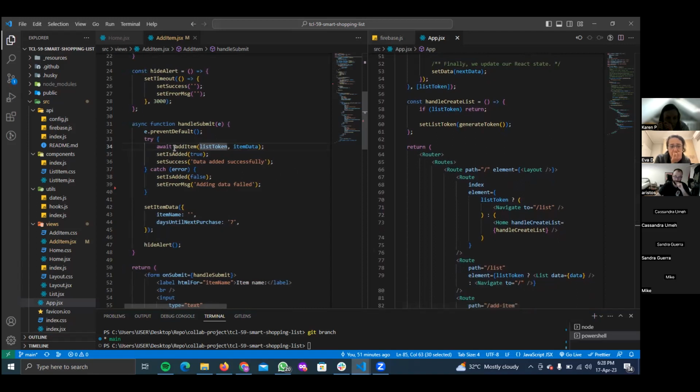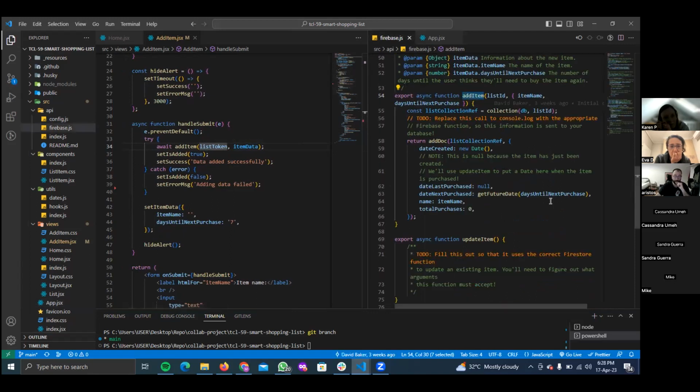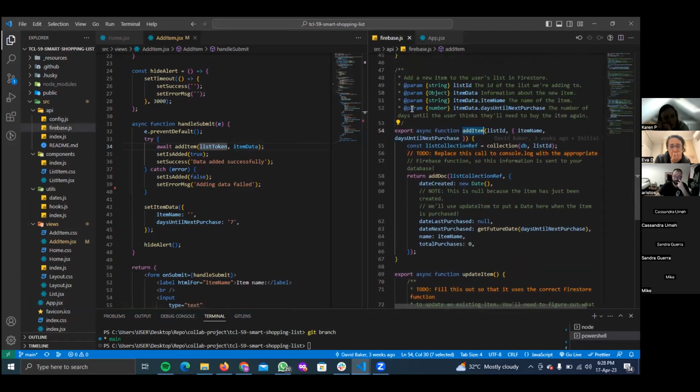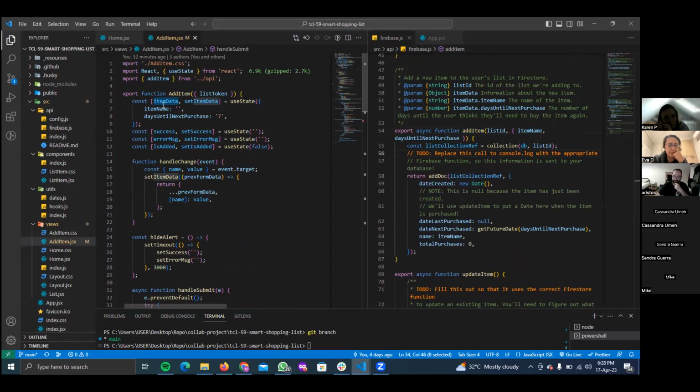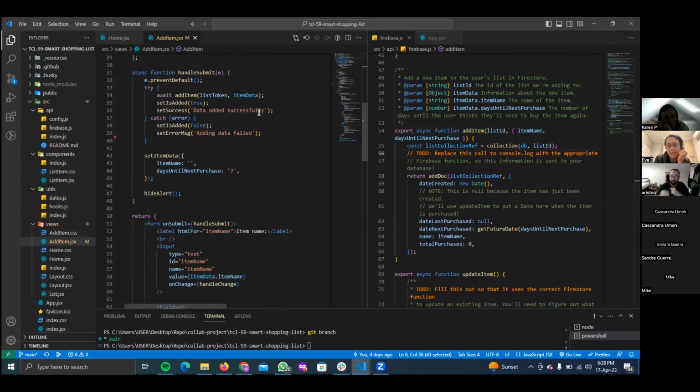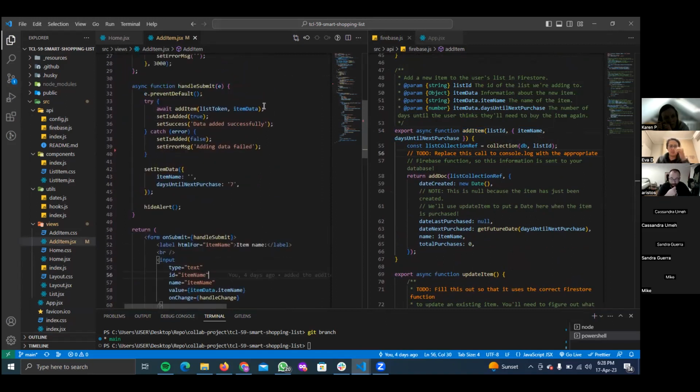So we are passing the list token here, and as defined inside Firebase where this function was created, we're supposed to pass in a list ID and then an object. So we're passing in the list token here and then this object, which represents this value that we've created here.